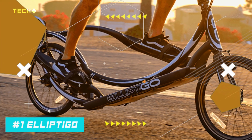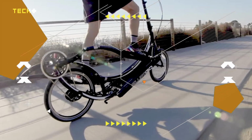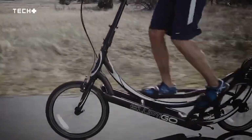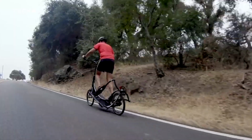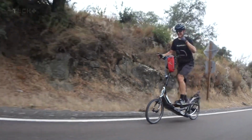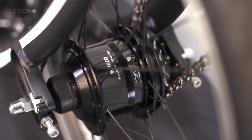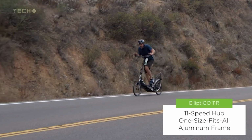Elliptigo 11R. The Elliptigo 11R is the pinnacle of outdoor elliptical cycles, designed for serious fitness enthusiasts. It's capable of climbing hills like a traditional road bike, making it an ideal choice for those seeking an intense workout. Notable features include an 11-speed Shimano hub for high-speed sprints and hill conquering, carbon fiber driver arms for a